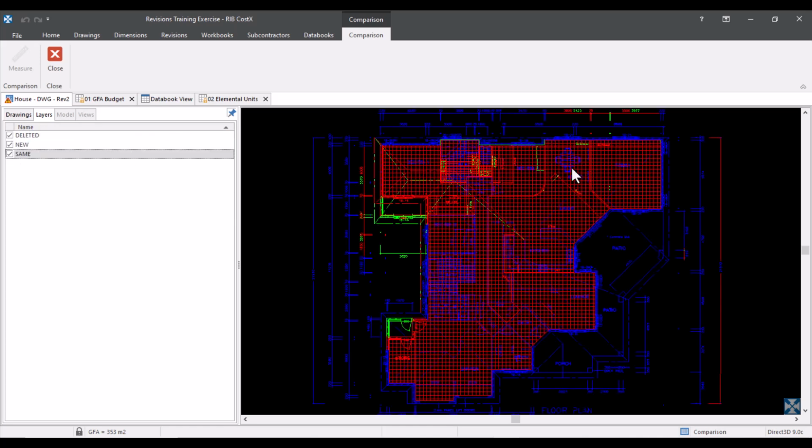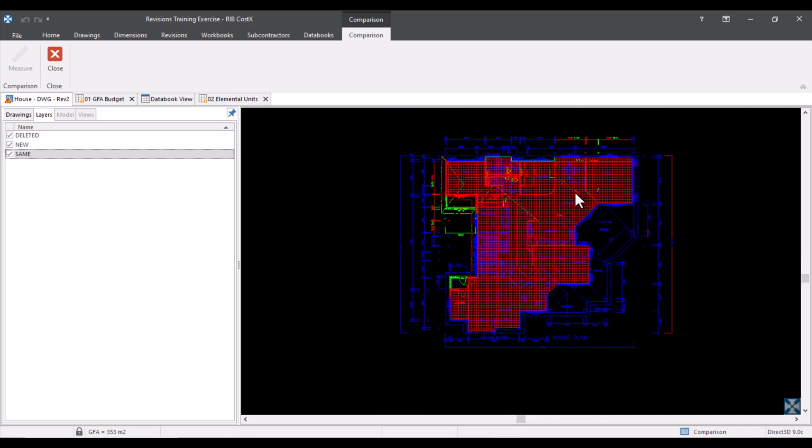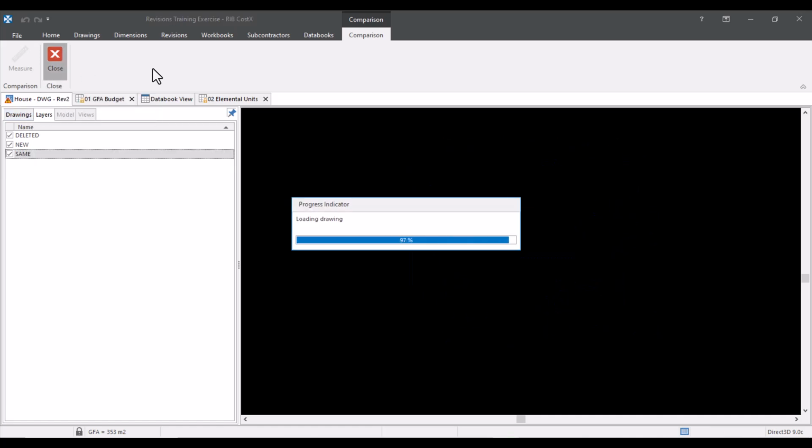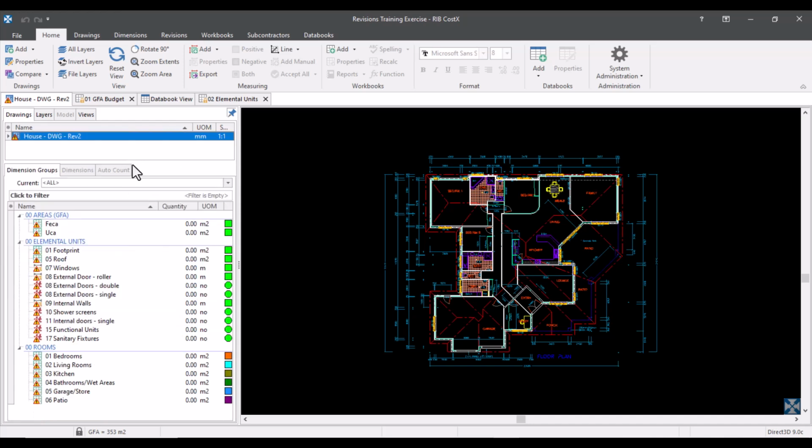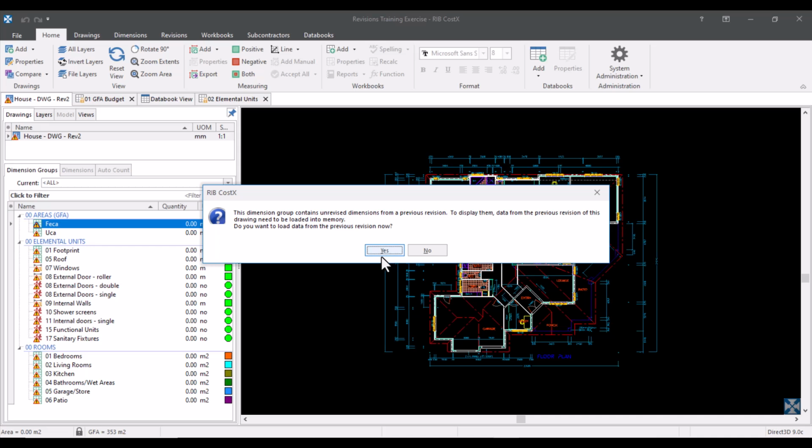But for now, we can just see a quick sort of overview as to what's changed. So I can already see here there's a little extension there, and there's a little extension there, and there's a couple of green bits in here which also need our attention. So once we know that, we can close this, and we're going to go through our dimension groups to identify where the changes are. Okay, so if I click on FECA, so fully enclosed area,